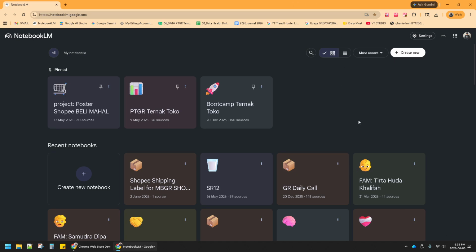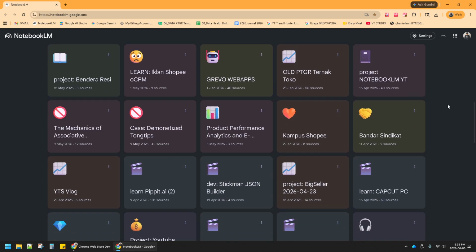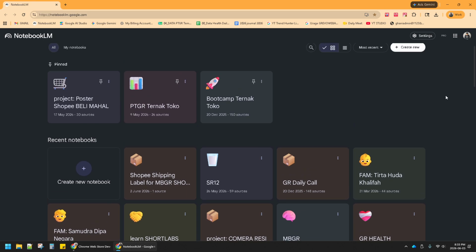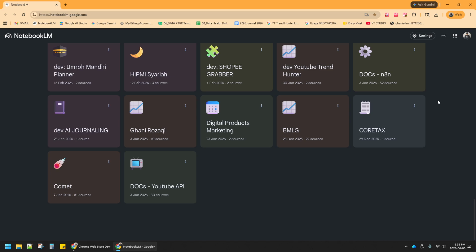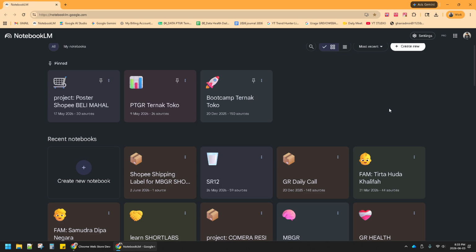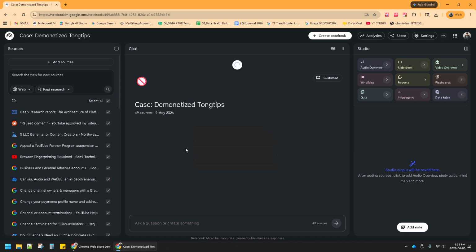On today's video I will show you how to fix it if your slide deck generation on NotebookLM is unsuccessful, or it keeps loading and never finishes. As you can see, I have a bunch of notebooks on my NotebookLM. To be honest, that case rarely happens to me. So if you are facing that one, let's just pick this one at random, and then the solution is, if